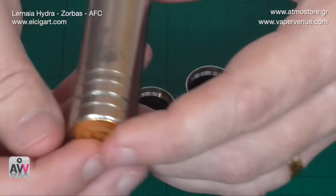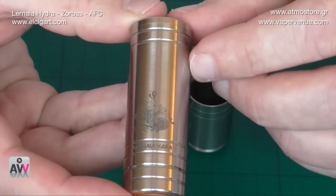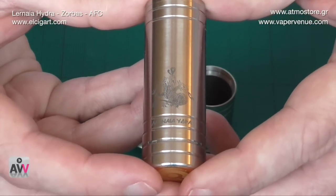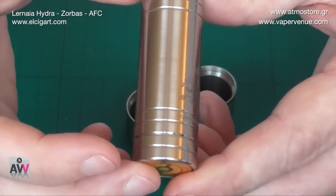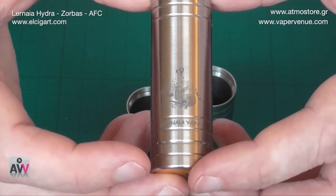This one here is in matte. It's also available in polished. Now this matte, it's almost like a semi-matte, because it's not one of the really deep mattes, you know, where you can almost actually feel the grain. It's somewhere in between, and it's a finish that I haven't really come across on any of my other mods,